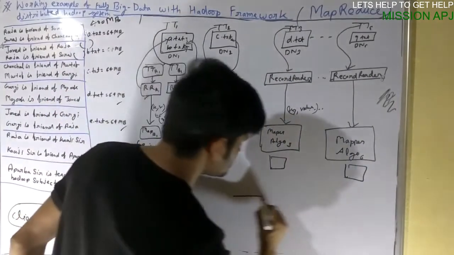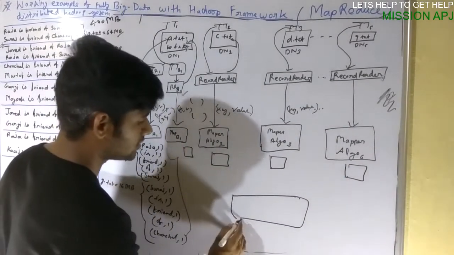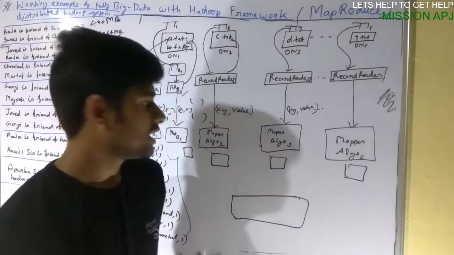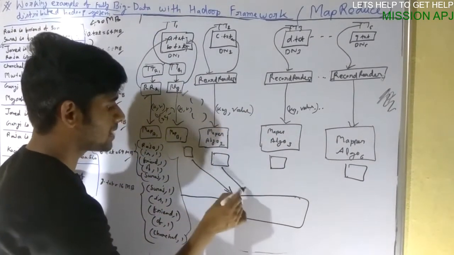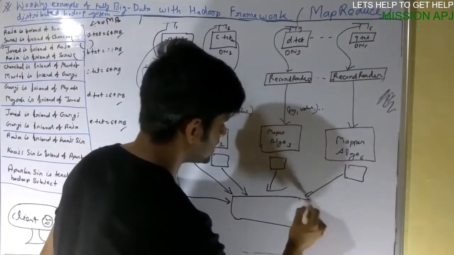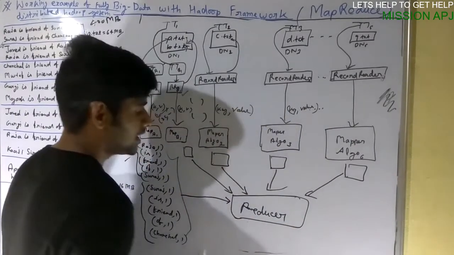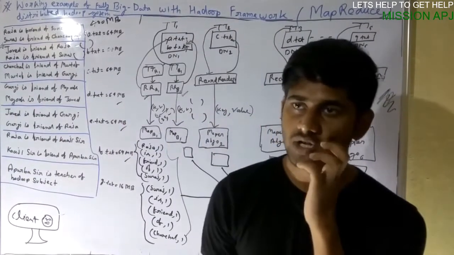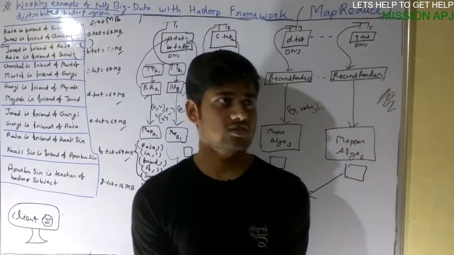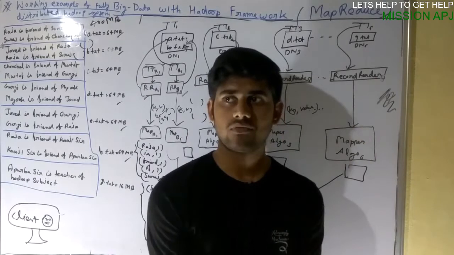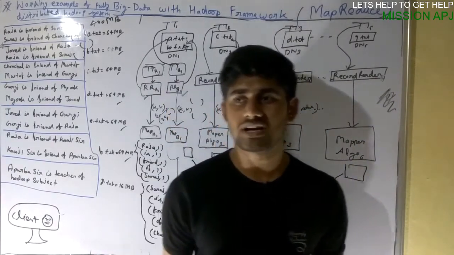So suppose this is the reducer, which is nothing but an algorithm existing in a data node. Now the output generated from the map algorithm part will be fed to the reducer, which is nothing but an algorithm. It will get the input. Now the reducer is of two types. One is the default reducer, which has the ability of only